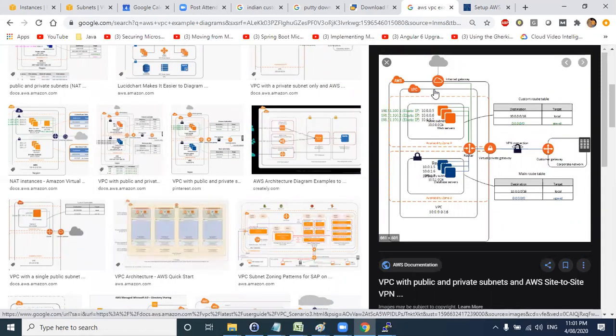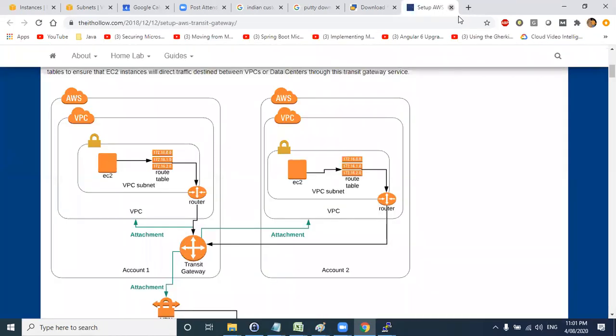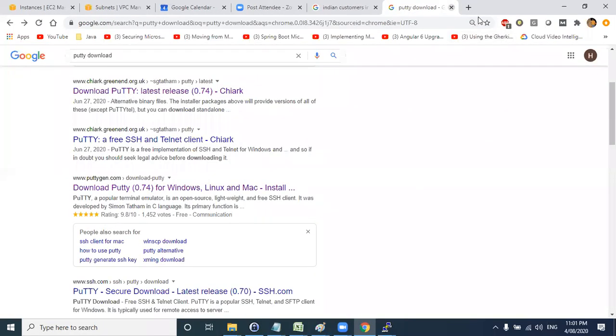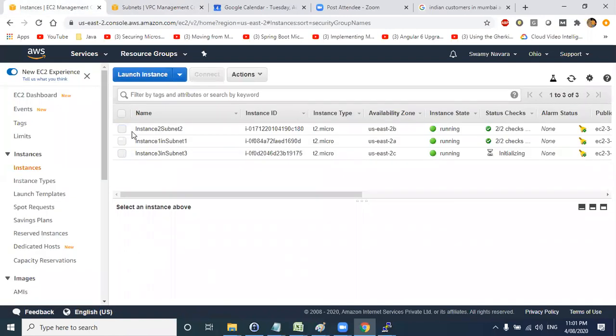Try to create your VPC as per that particular image, and try launching a couple of instances. Check whether both the instances are able to communicate or not. This is how you can practice VPC. Just do this lab three to four times: create, delete, create. Once you are familiar with these concepts, just leave the lab as it is. You need not create and delete, because as I told you, these are not chargeable. AWS will not charge you anything. They will charge you only for the instances that you have created.